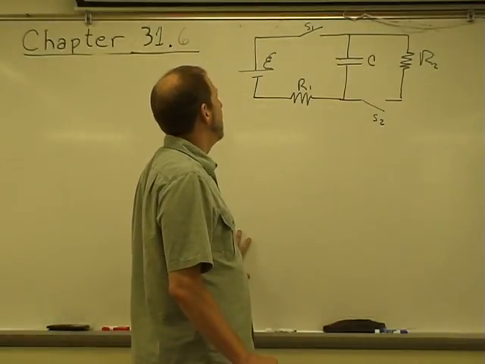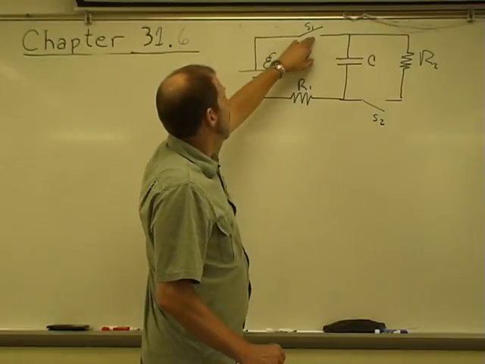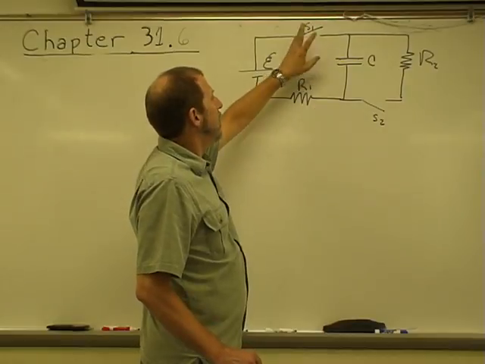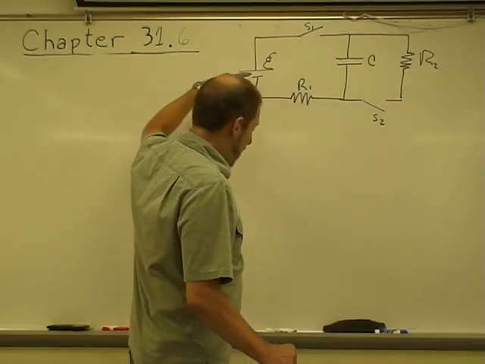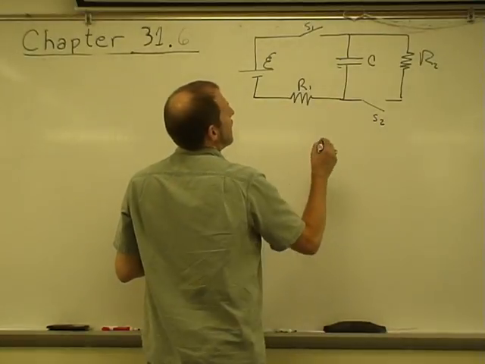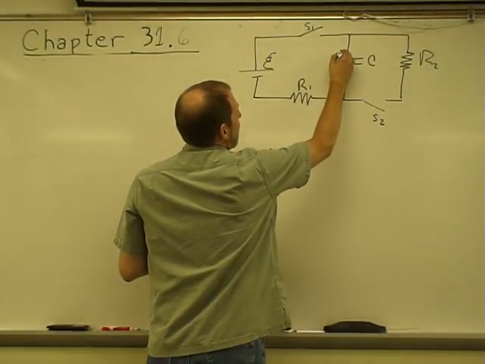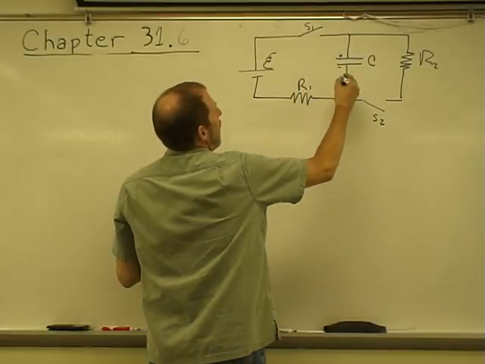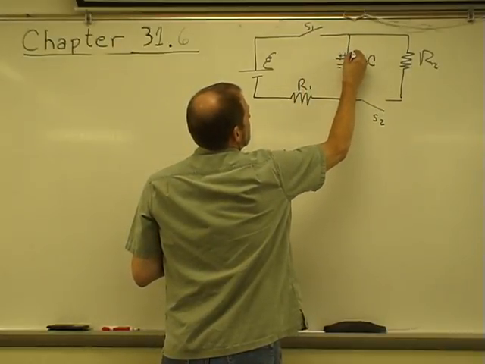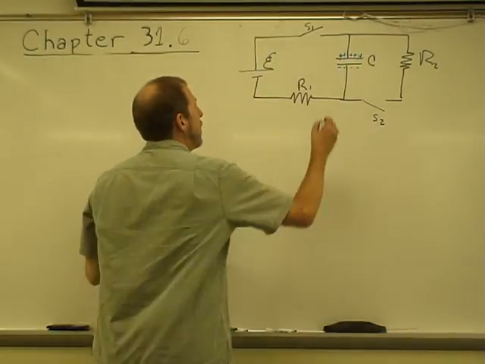If I were to close switch 1 right here and leave switch 2 open, then initially I'd have an electron that runs around here, sticks onto that side, knocks an electron free on the other side, continues around, and I would build up negative charge here and positive charge here